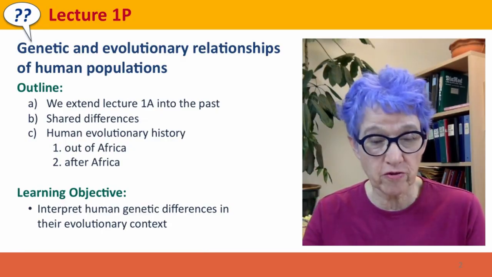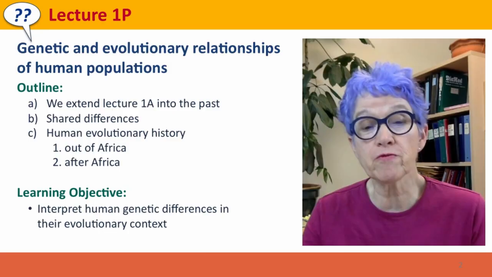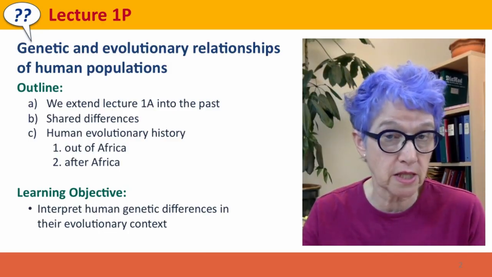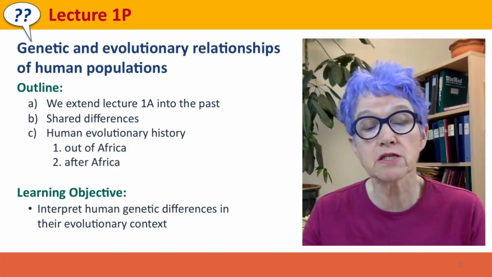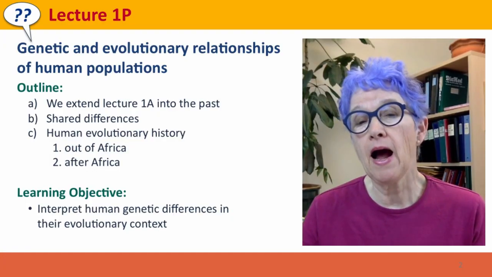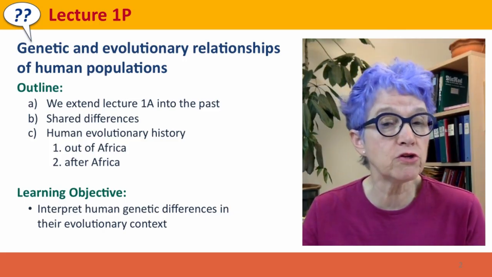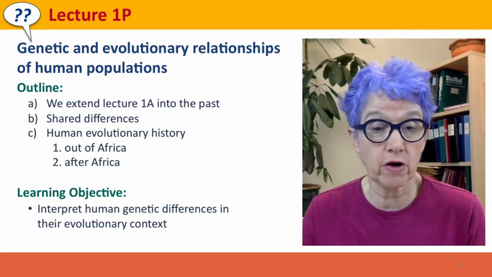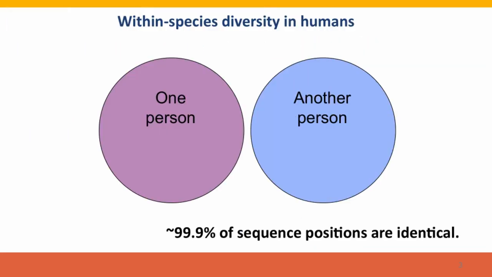This is the last lecture of Module 1, where we're coming full circle back to thinking about human genetic differences. And we'll be using these differences to get a deeper and an evolutionary picture of the genetic history of our species. Now, we'll start by basically where we left off in the first lecture, thinking about how different are different